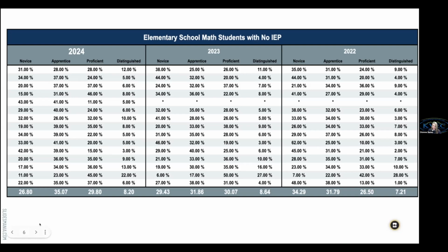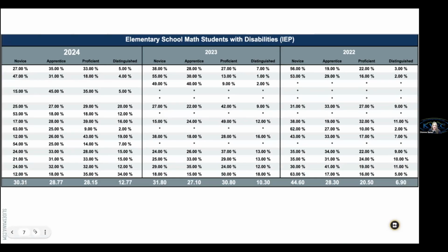So I'm going to advance to the next slide, and we're going to talk about this same data, but we're going to look at our IEP students. So that's what we're looking at, elementary math. And what do you notice here? Well, one of the things I would notice is that our distinguished rates for IEP students are a little bit higher for 2024 than they were in 2023. So we've moved some students, we've decreased proficiency by just a small amount, but we're running pretty commensurate with last year. I don't see any huge gains or anything that really stands out.